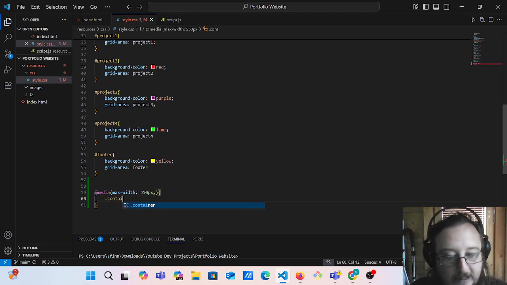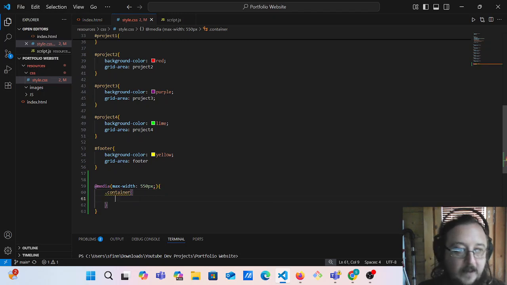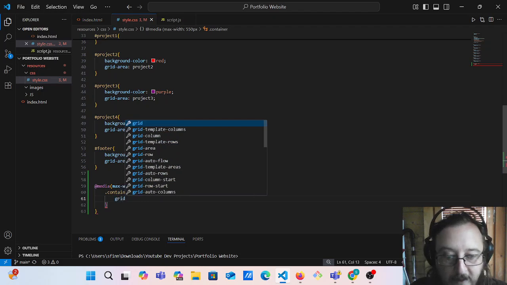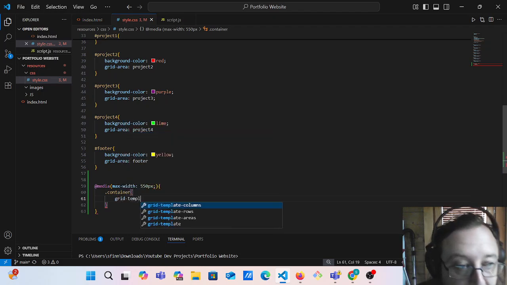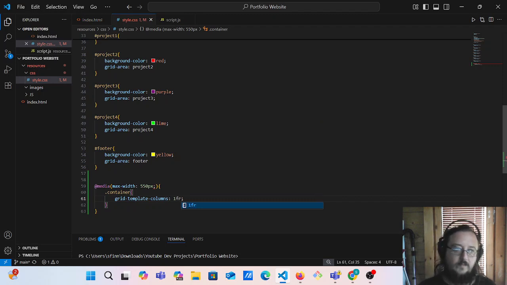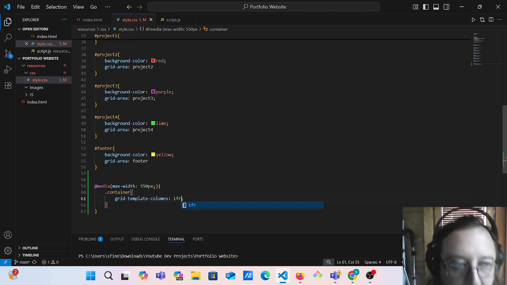So we're going to call this container again, which contains all our divs, and it's this container that has the display grid and controls the position of where all the divs go. So we've got this grid container. We need to re-specify what we want to happen with the columns and the rows. If we're looking on mobile or a tablet, we just want one column, right? We want to take the initial layout and make it all one column, and you can scroll each section. So we're going to have one column,